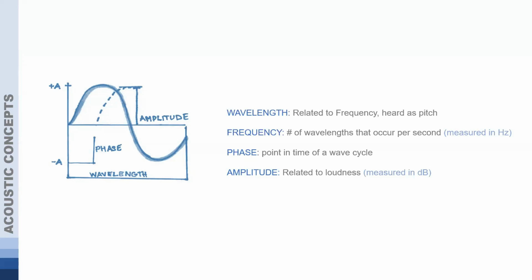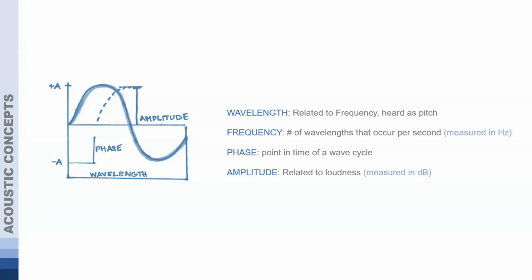The physical size of the wave, the wavelength itself, is going to relate to how many cycles per second we have, and that's going to be how many number of wavelengths every second will be our frequency that we measure in hertz. So if we have 10 cycles per second, we have 10 hertz. If we have 100 cycles per second, we have 100 hertz. So those wavelengths are getting smaller and smaller as we're getting to higher frequencies.